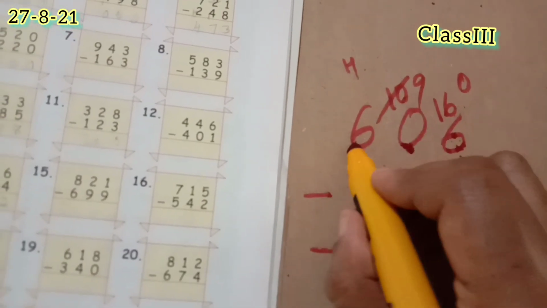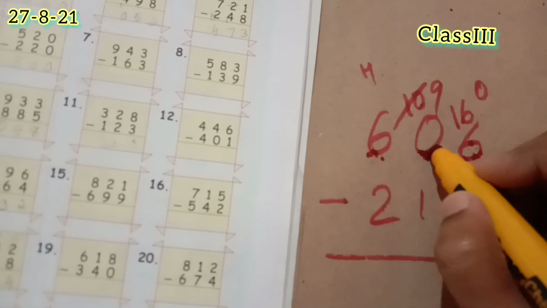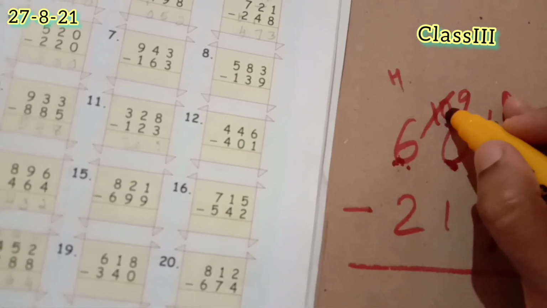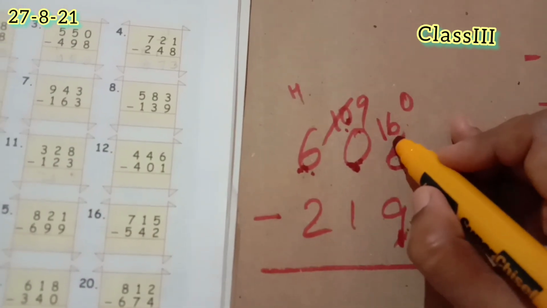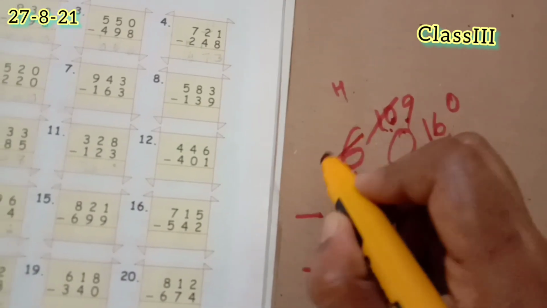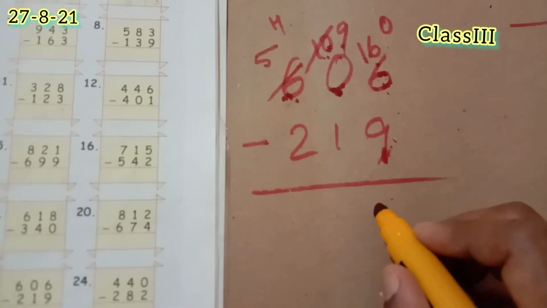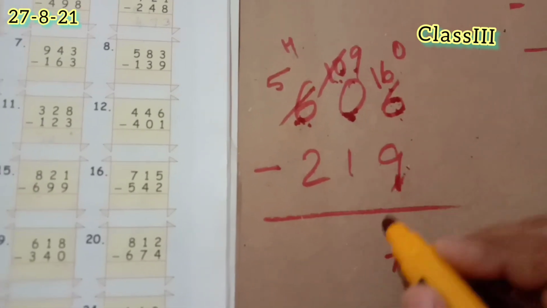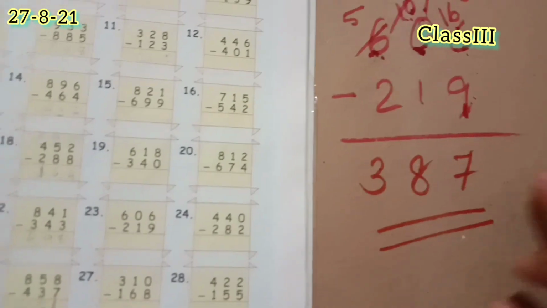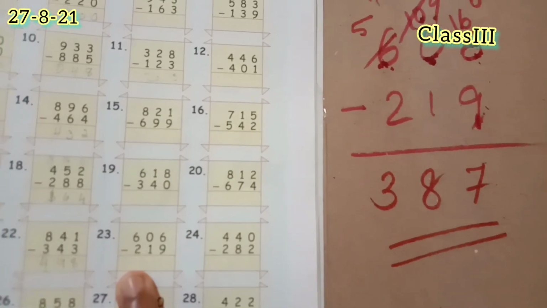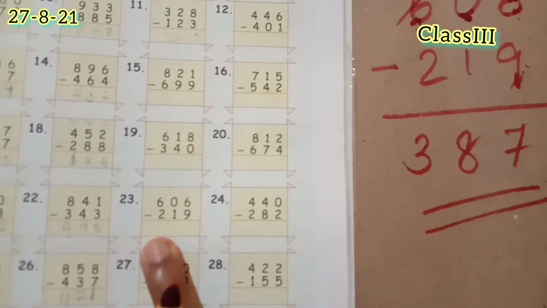So what did he do, he asked the neighbor number 6. So this 6 hundreds we had. From this he gave 100 to the tens place. So this 0 became 10. From this 10 he gave 1 to this 6. So this 6 becomes 16 and the 10 reduced to 9 and 6 reduced to 5. So new numbers are 16 minus 9, 7, 9 minus 1, 8, 5 minus 2, 3. So what is the answer? 387. Okay. Write this here, 23rd question,